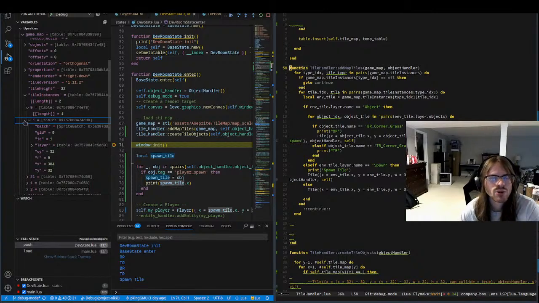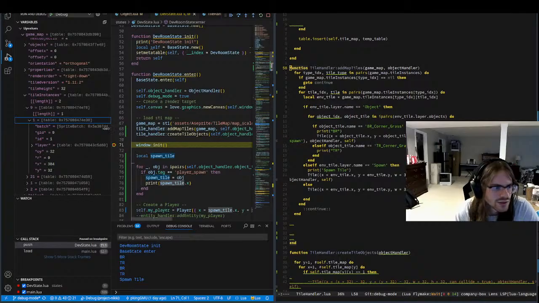Theoretically, none of our sprites should be both an environment sprite and an object sprite. I don't think that would ever happen. I'm thinking of a thing that could go wrong by doing this, but I don't think that would ever happen. So tile instances,